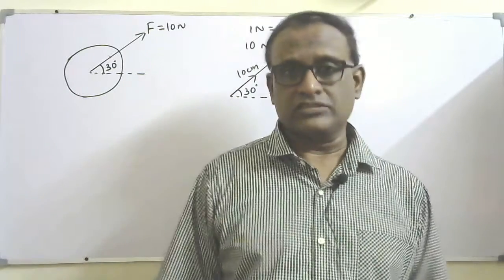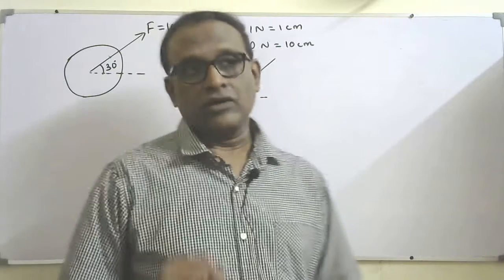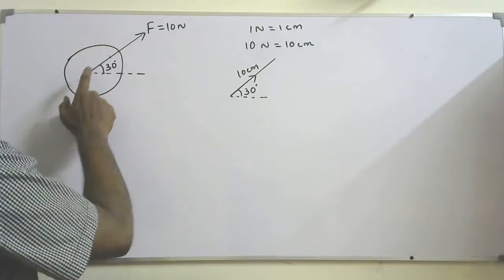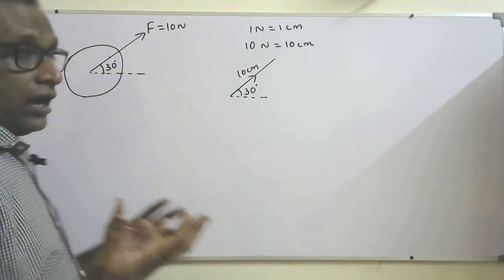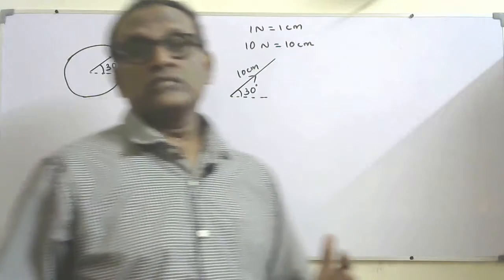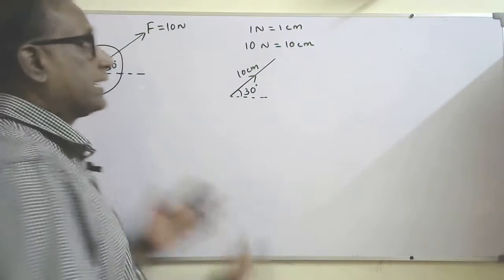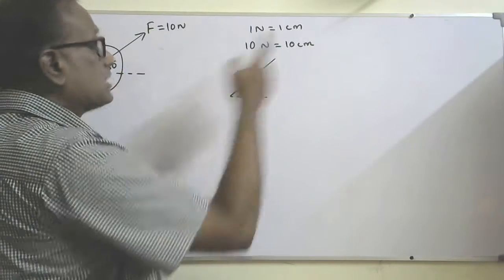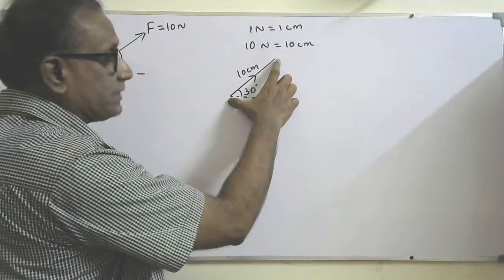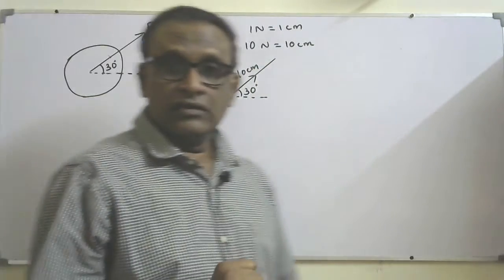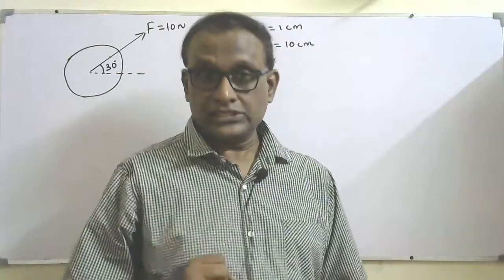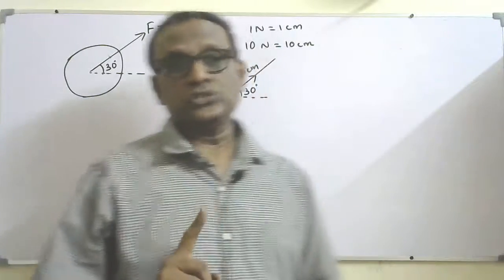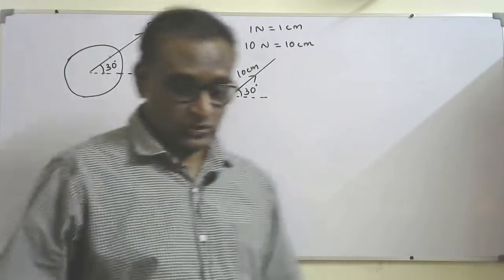For example, we know force is a vector, but I'll discuss the practical at the end of this lesson. Say there's a force of 10 Newton acting on an object at an angle 30 degrees. We can show this force by a straight line according to a scale. I can define a scale, 1 Newton equals 1 centimeter, so 10 Newton is equal to 10 centimeters. So I can indicate this force by a length of 10 centimeters at an angle 30 degrees. Because force is a vector, we can show any vector by a straight line with an arrow. But electric current cannot be shown like this by a straight line. We can't show electric current.